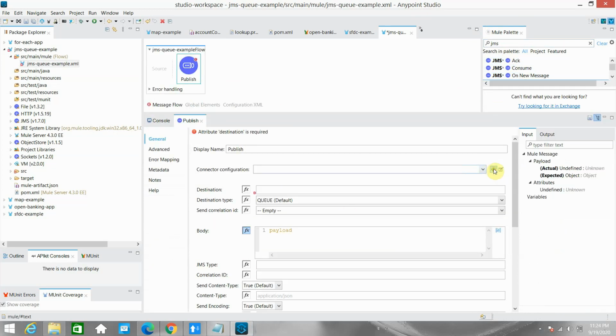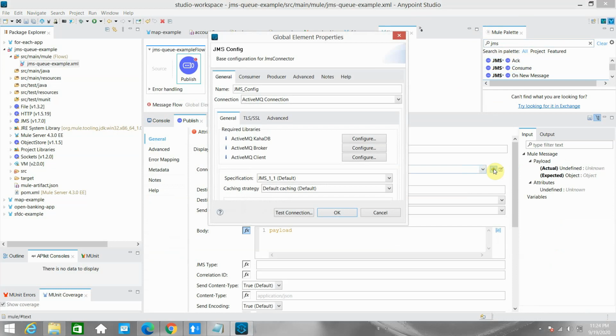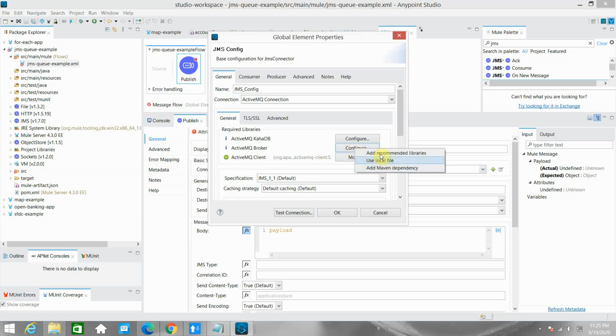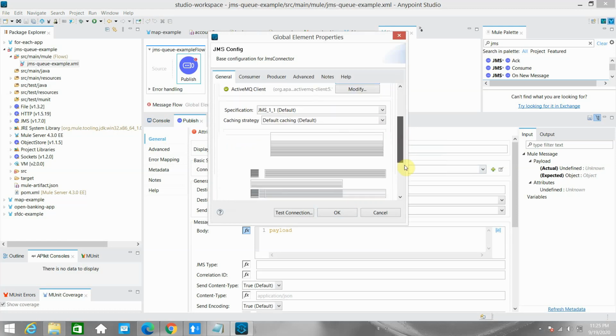I can do the connector configuration, click on the plus sign, and configure this ActiveMQ client. Here you can simply click configure and select add recommended libraries. In my case I have already done that, so I don't need to do it again.